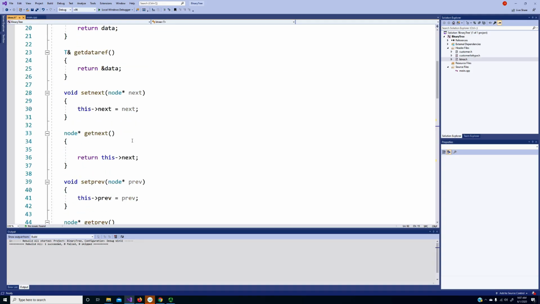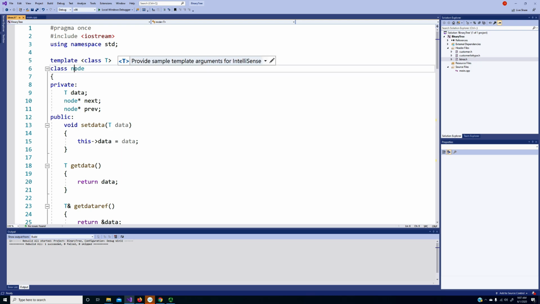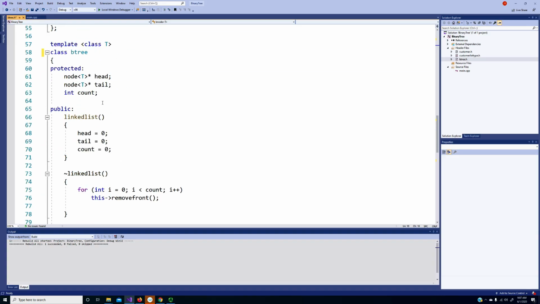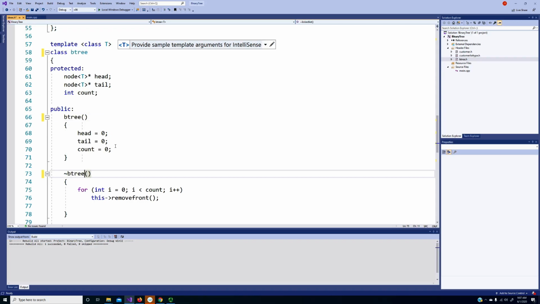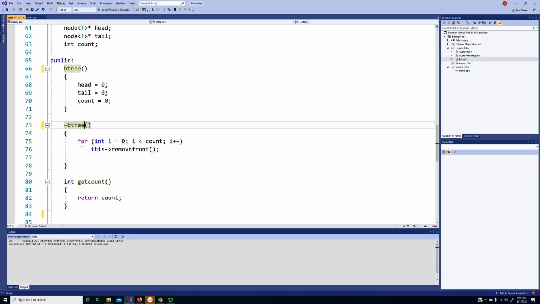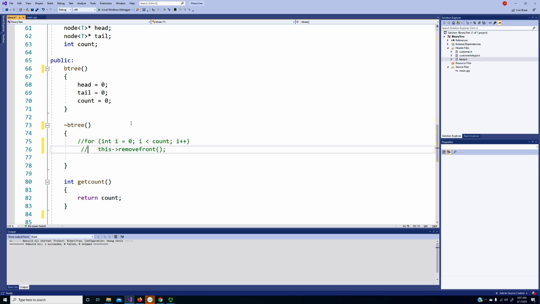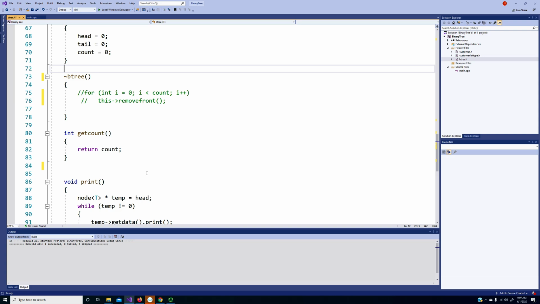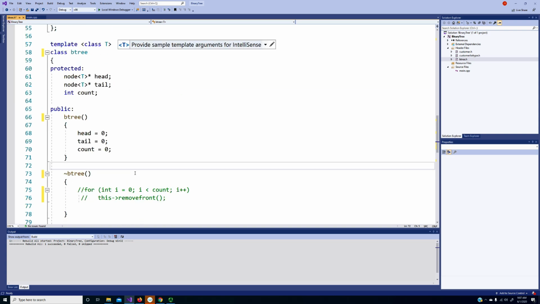And just so you don't get this confused with your linked list code, we're going to call this bnode. Okay, so we renamed the node class for a binary tree to bnode, and we renamed the linked list to BTree. So here are the other modifications that we need. Obviously, we've got to change our constructors, and this has to be taken care of. The get count is good,